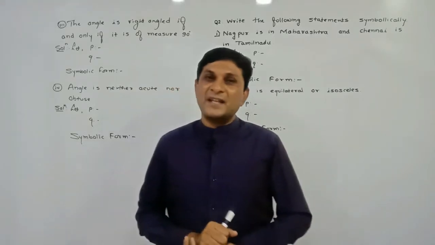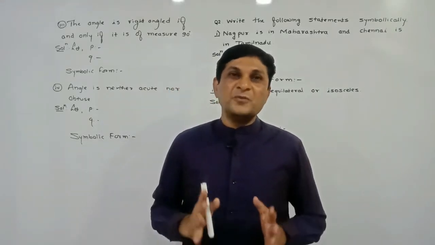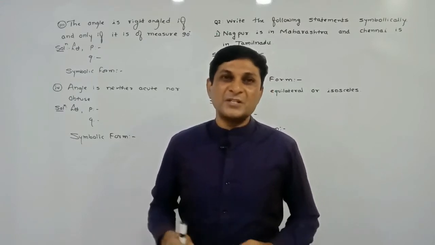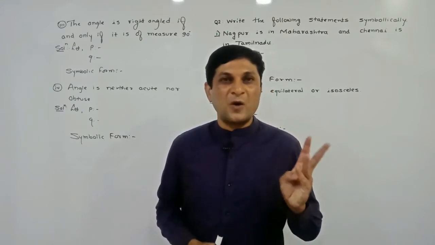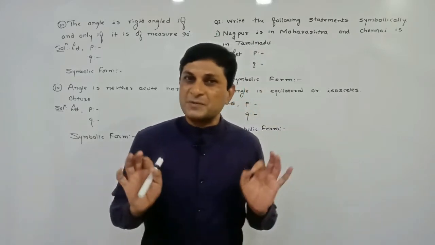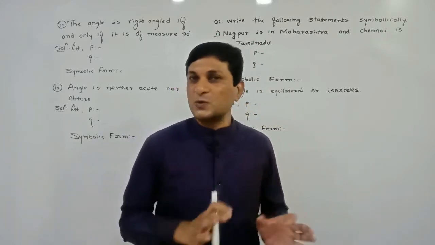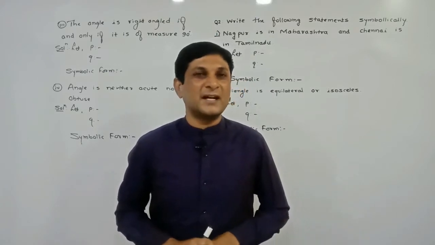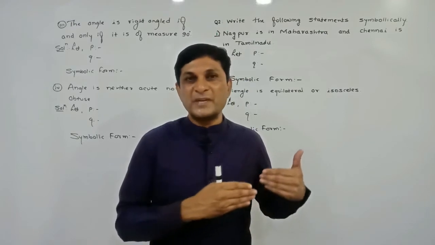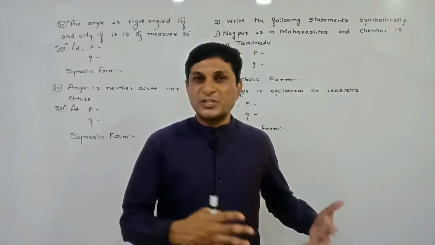Hello friends, in the last video we discussed the 5 logical connectives in this chapter, Mathematical Logic. Which are these 5 logical connectives? Not, or, and, if then, if and only if. We have even discussed the symbolic representation and truth table of these 5 logical connectives. Using this result, now we are solving the example from Exercise 1.1, question number 2.